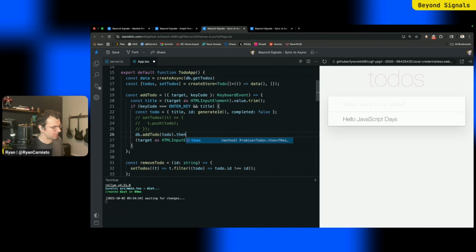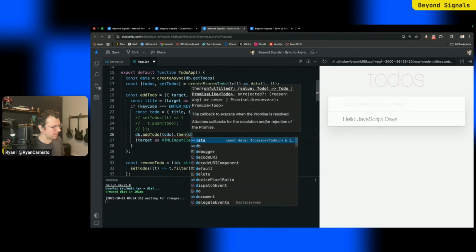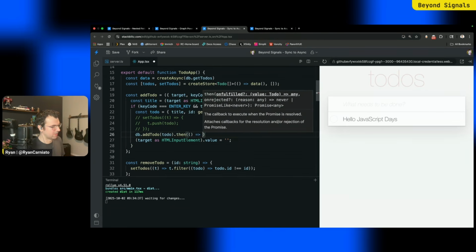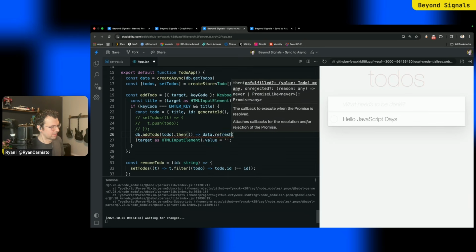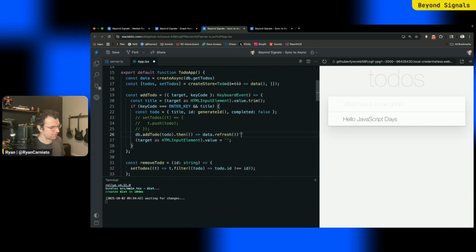And then I'm just going to go, createAsync actually has a refresh function on it, which lets it refresh the data. So I think this should work. Let's hope that works. Let's go here, hello, and then I'm going to go, hey, and it shows up, and if I refresh, they're both there. Beautiful. Logic all still basically works, but if you notice, there's a delay between when I add it and when it shows up.